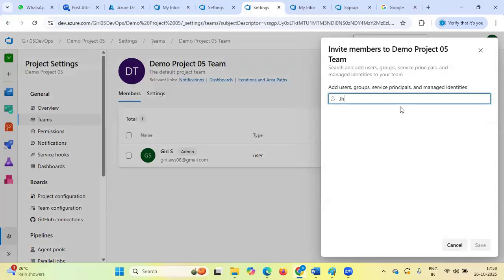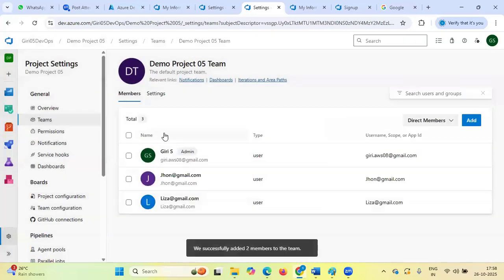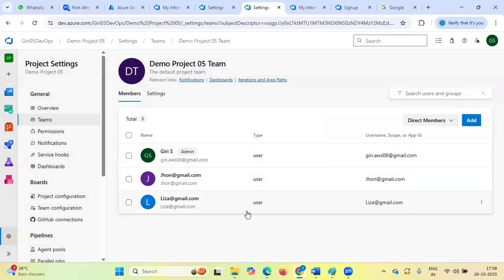Suppose here you are going to add John, and also suppose Lisa at gmail. You can save in this way. So you can see that we have created multiple teams, and in the multiple teams we have added multiple people.